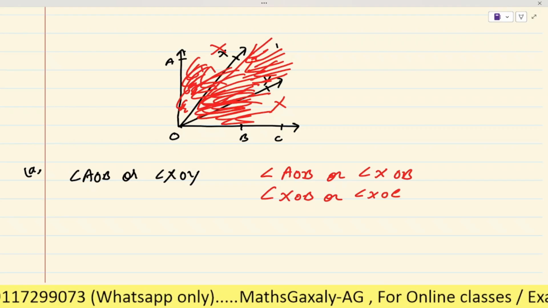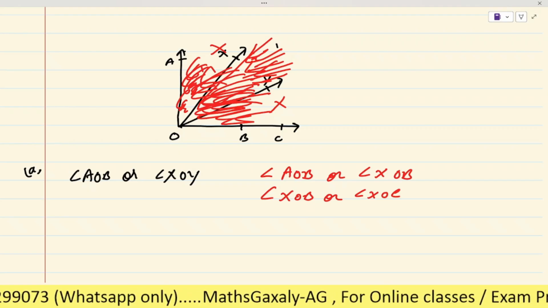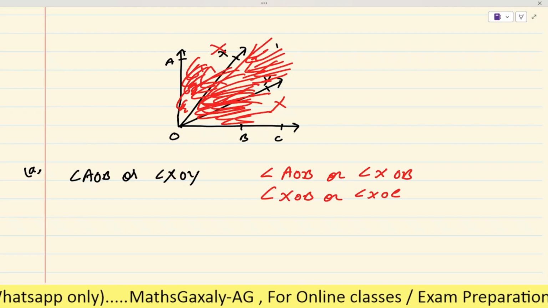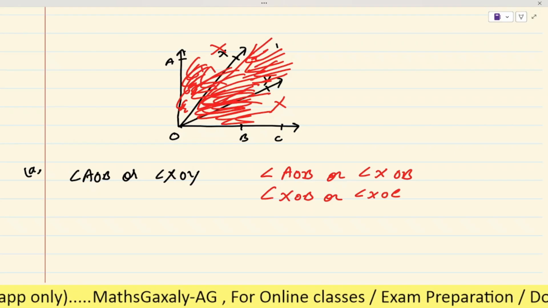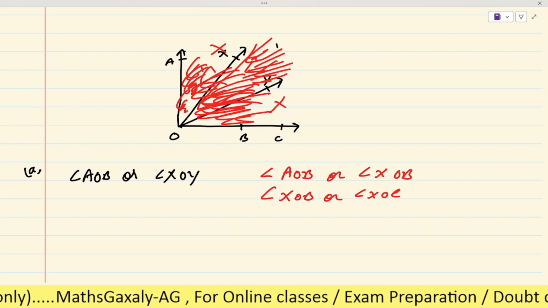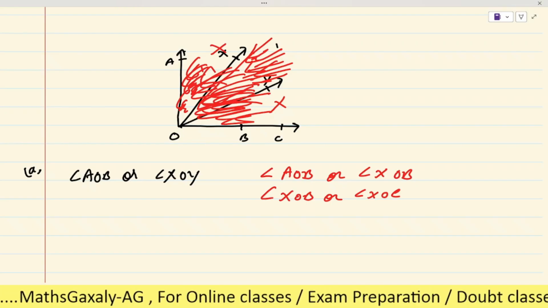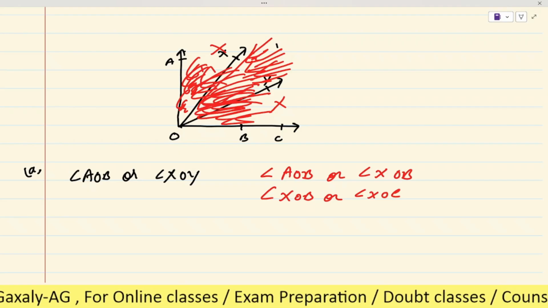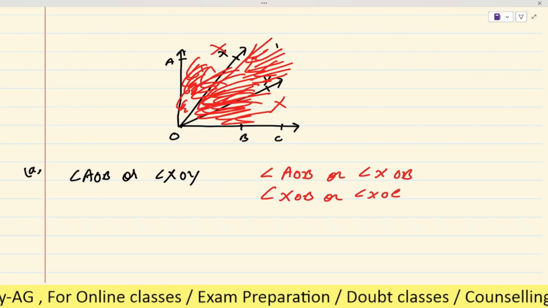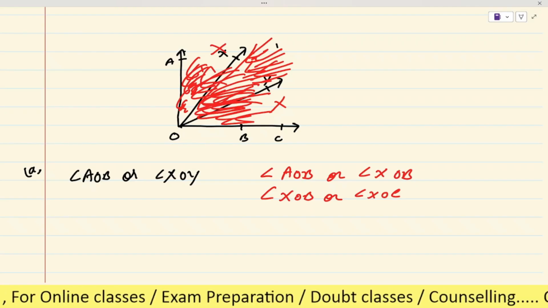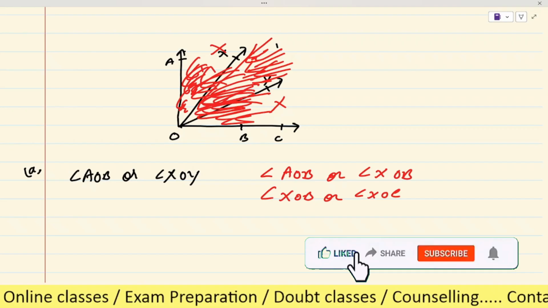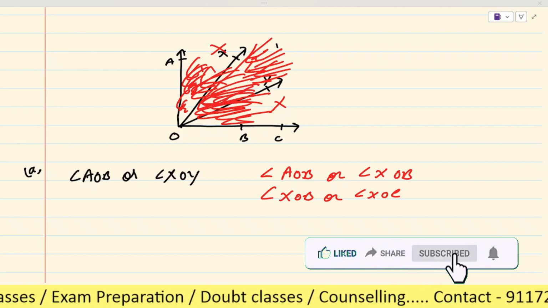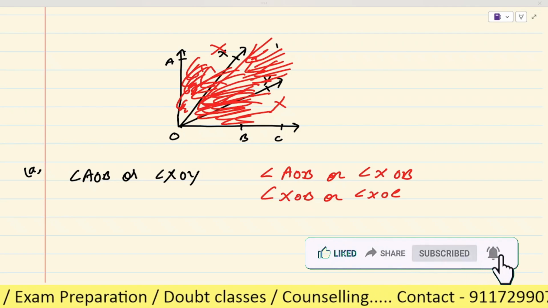Very good. Okay. So you have to complete these two questions as homework. In the next class, we will discuss the practice problem. So please try the practice problem also by yourself. Then we will continue with types of angles. Okay. Is it clear? Or any doubt till here? No, sir. Okay.